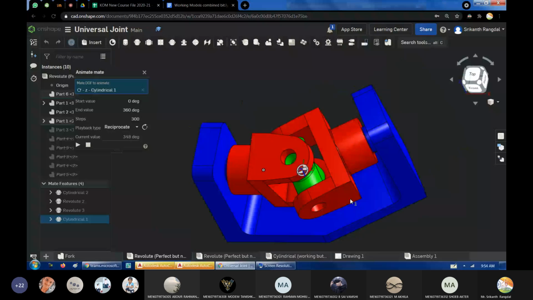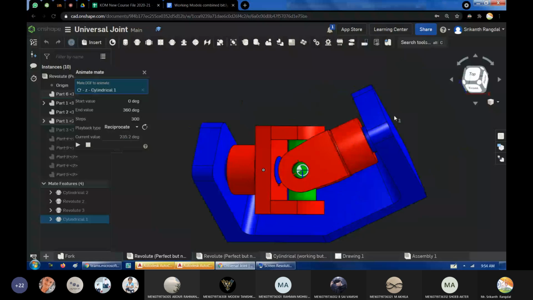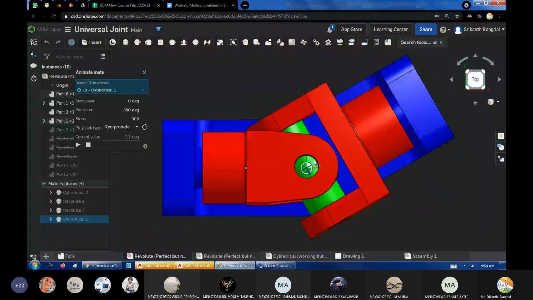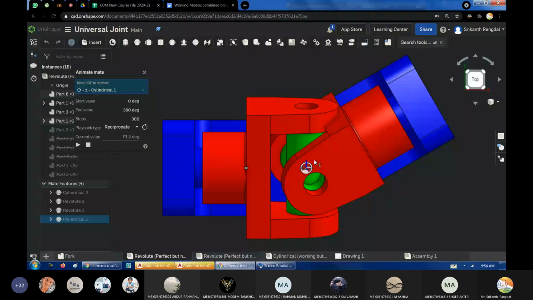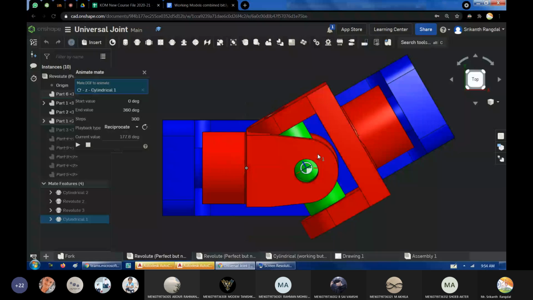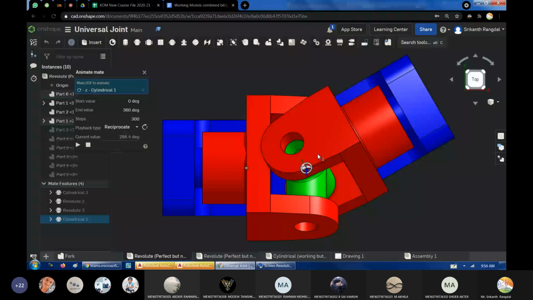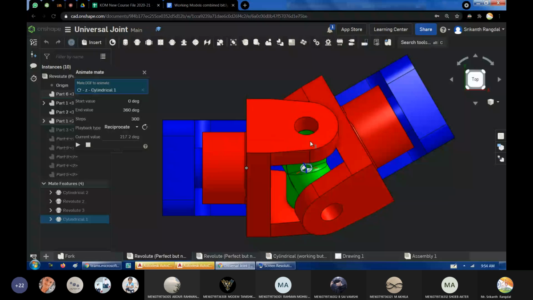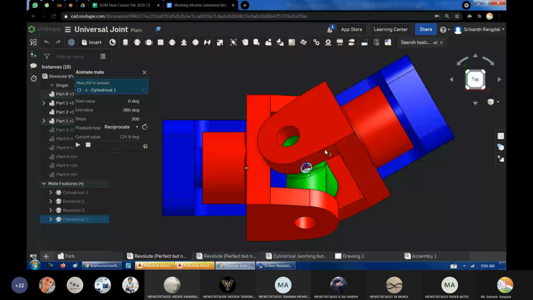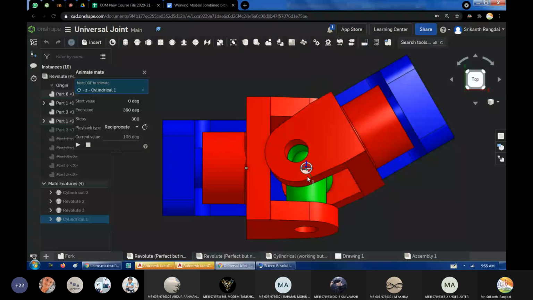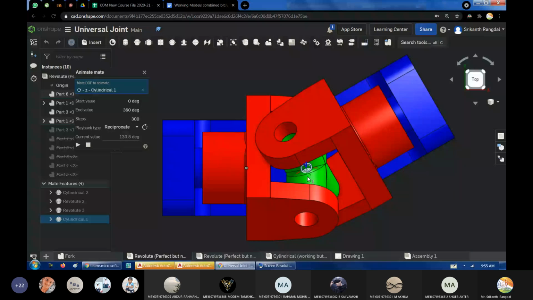So can you tell me another example wherein we can transmit motion when the axes are inclined to each other? One more example. Knuckle joint. Knuckle joint is not for rotation. Actually, if you see closely here, there are two joints. Knuckle joint has only one revolute joint. This one has two revolute joints at the center, perpendicular to each other. So no, knuckle joint is not another example.